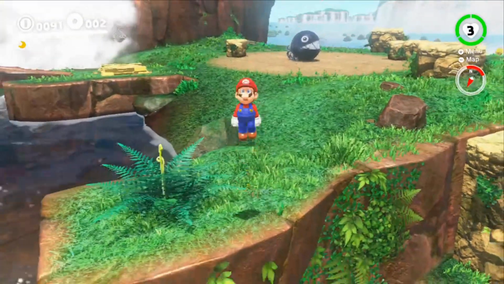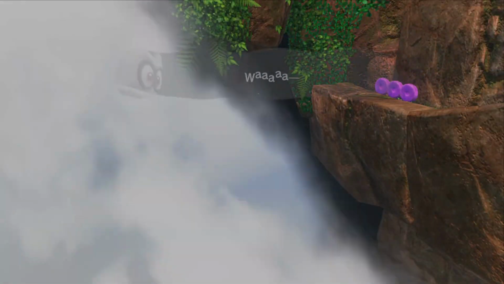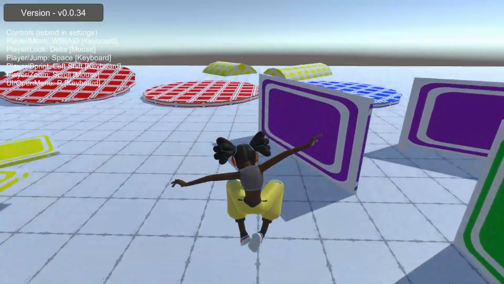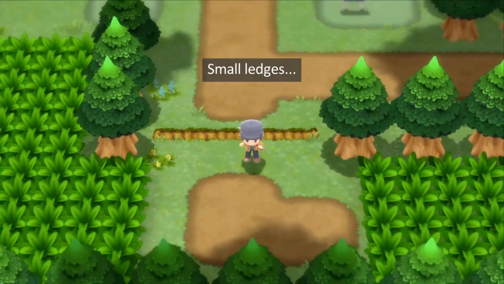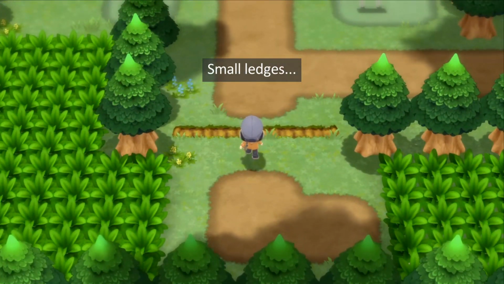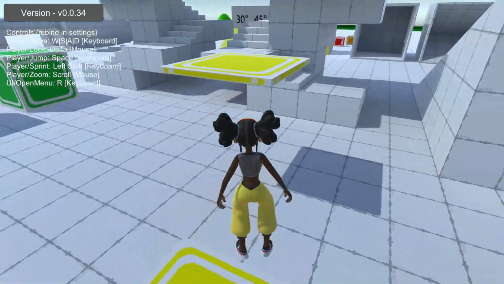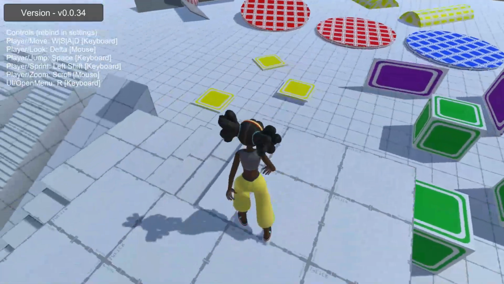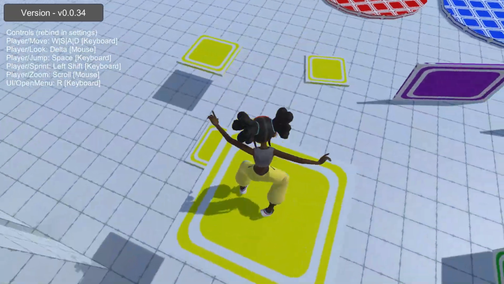Today I'll be discussing how jumping works in games and how it relates to player movement. Jumping is an integral part of many games, and ensuring jumps feel responsive and flow naturally is critical to many games' design. I've been working on an open source character controller project in Unity, and we'll go through how I implemented jumping for character movement.